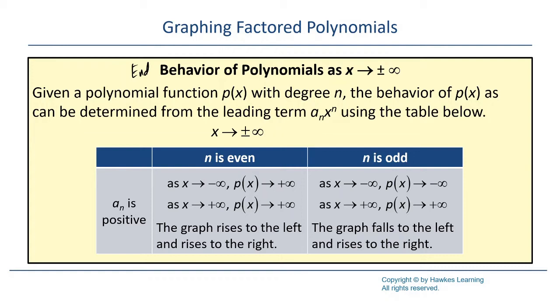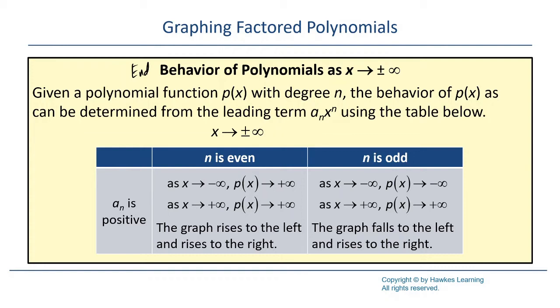But basically, when you read this in words, what it says is if a_n is positive, then as x approaches negative infinity, p of x approaches positive infinity. This arrow here just represents approaches, or goes to. X goes to negative infinity, p of x approaches positive infinity. Typically, if you say one, make sure you follow that up with the same one. That illustration is just to show you what they mean. But what you read is this graph rises to the left and rises to the right,